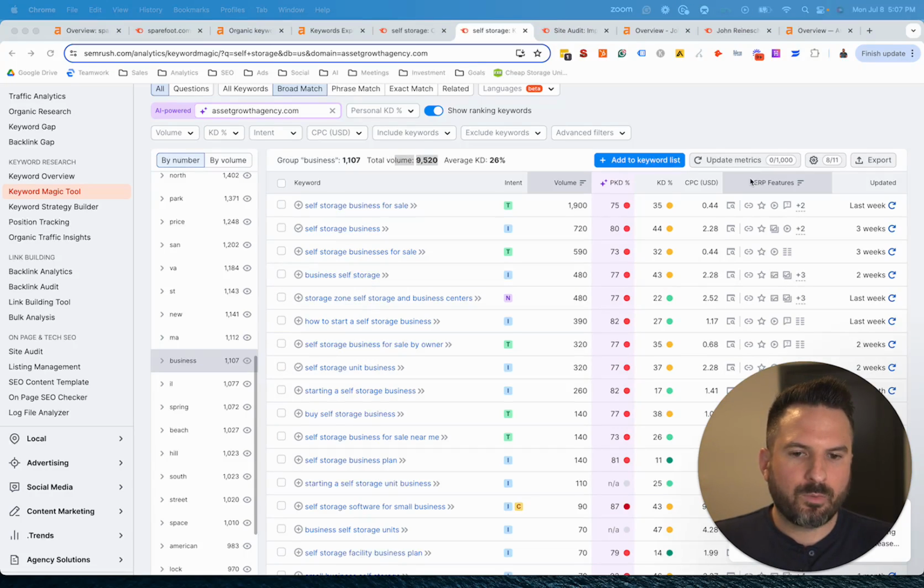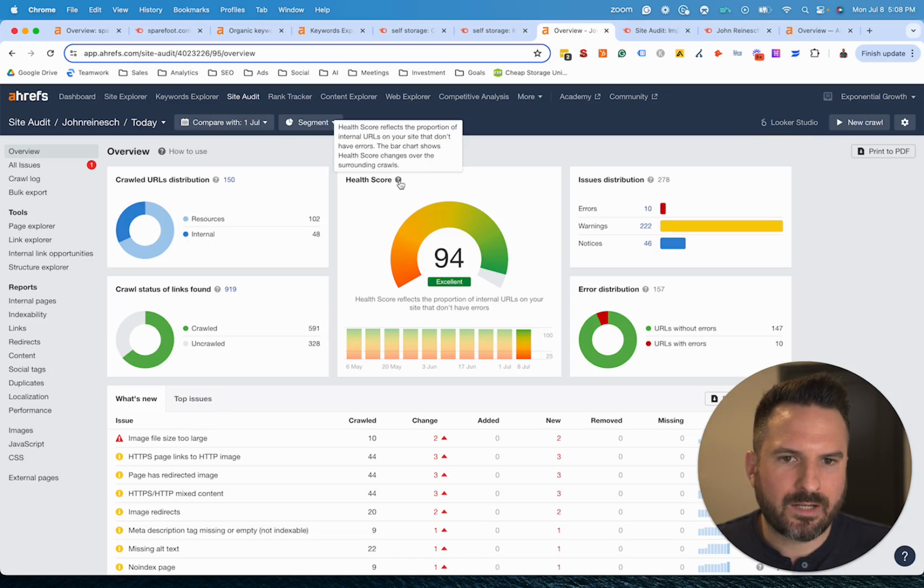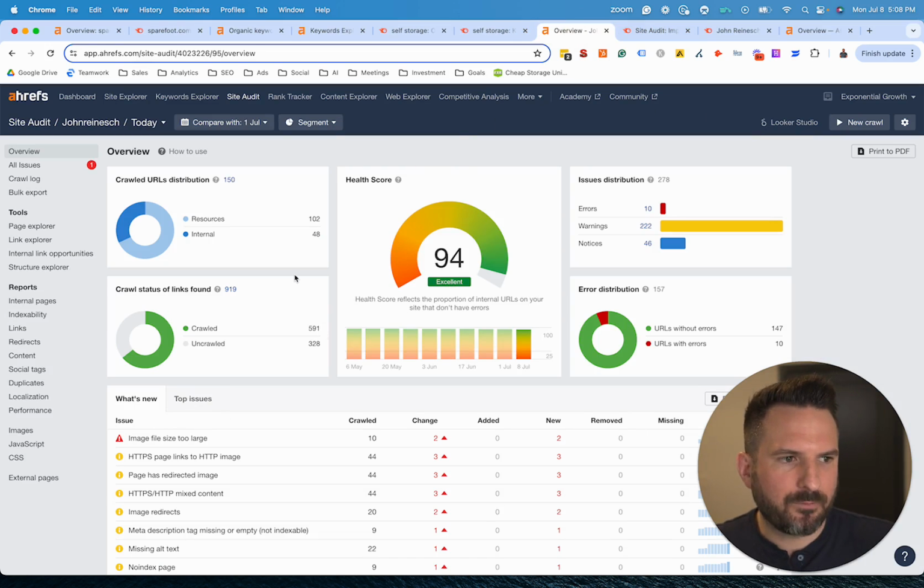All right, so now we're going to compare both site audit tools. Each tool, Ahrefs and Semrush, has technical audit tools that'll give some recommendations on where you can improve technically, and they'll both crawl your website and analyze and give a bunch of data that you can use. If we look at both tools here, they each have an overview report, which will give you an overall health score,